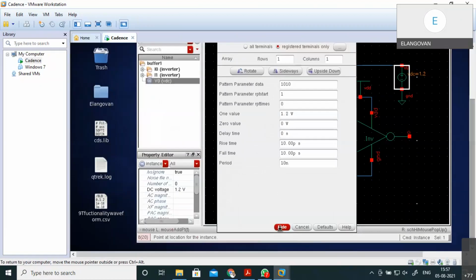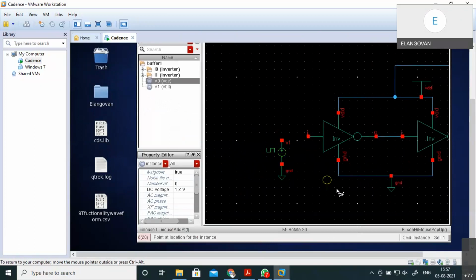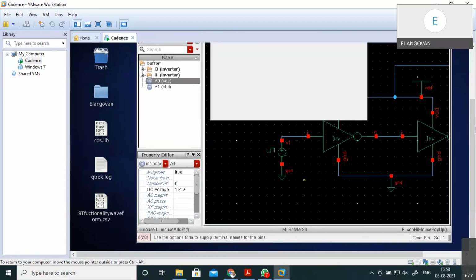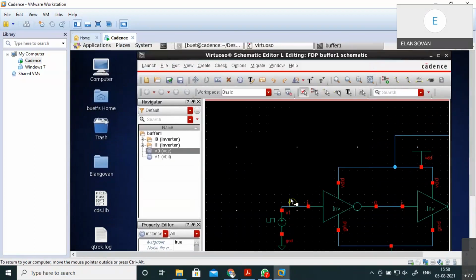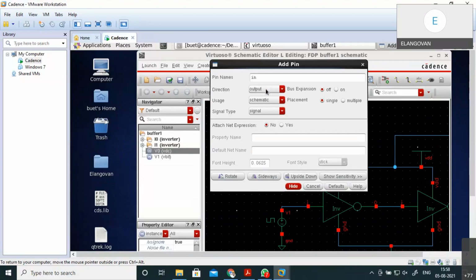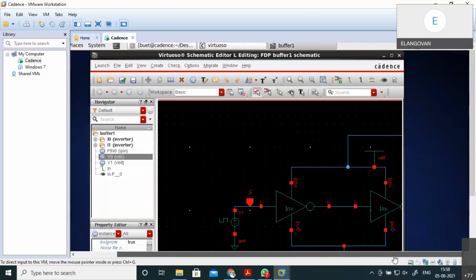So everything is okay. I'm hiding this. I'm keeping the source here. Escape. I'm connecting wire here. That's okay. Escape. Now port, I'm taking my input and output port. Input I'm saying in I. Escape. My port must be input as well. Is the input port. So input I rotate, connecting here.